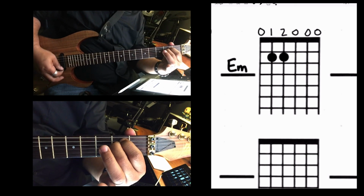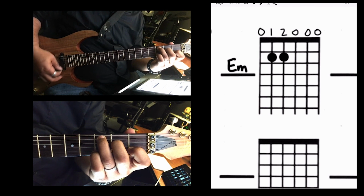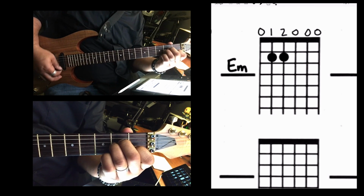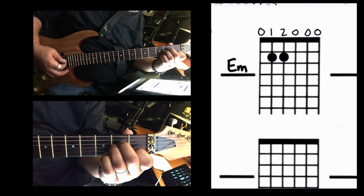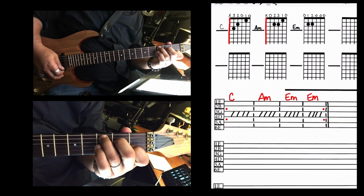And I never have to take my middle finger off. What? It's like magic, right? Here we go. Let me put all of them up so that you can see it. That's one way. Another way,